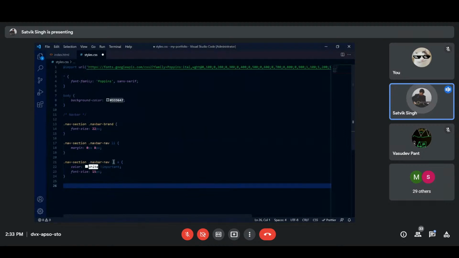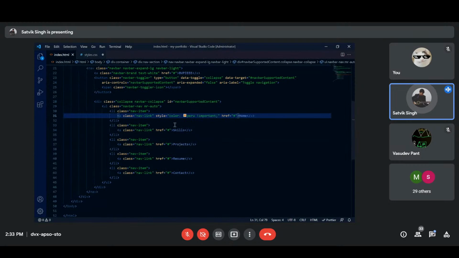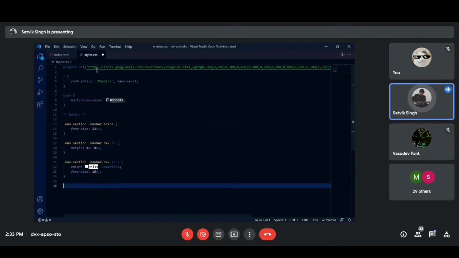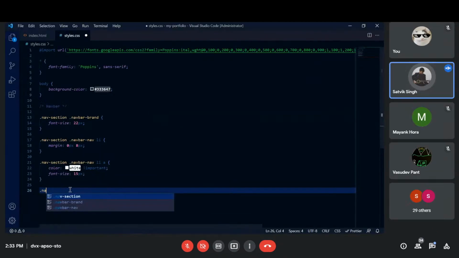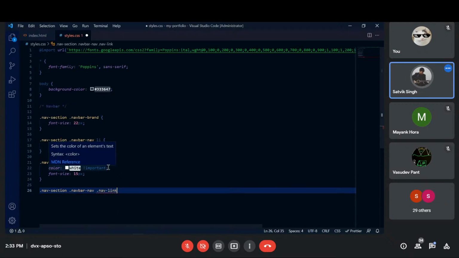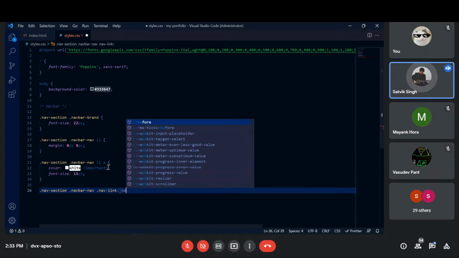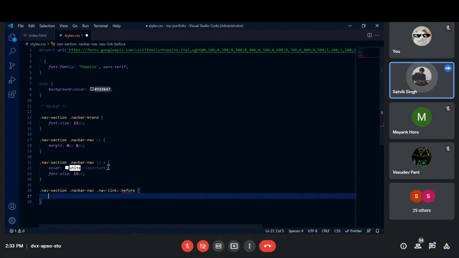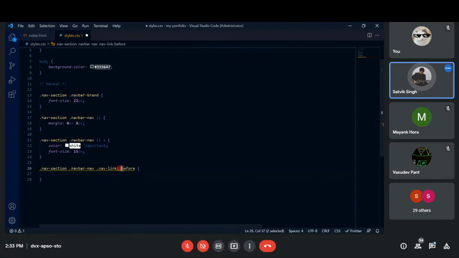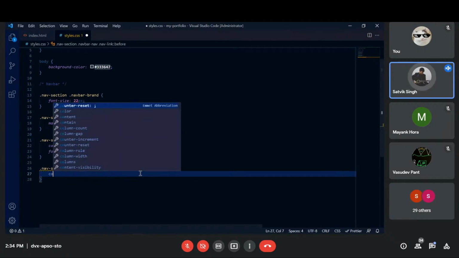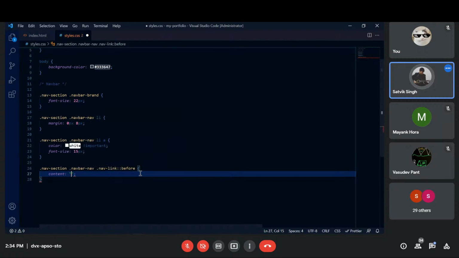So I want to target all these, right? These A tags. Either we can say A, but I'm going to use the class here, which is the nav link class. So I'm going to say that inside the nav section, inside the navbar nav, inside the nav link, I want to target something known as before, which I do by assigning two colons and then writing before. Now, what does this before do? Let's see. I'm going to assign some content over here, and I'm going to say 1, 2, 3. And let's see what it